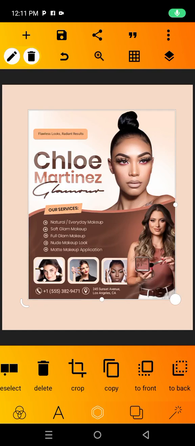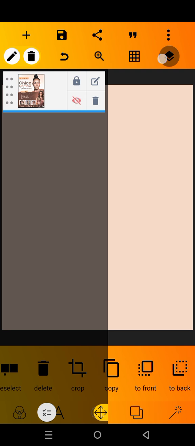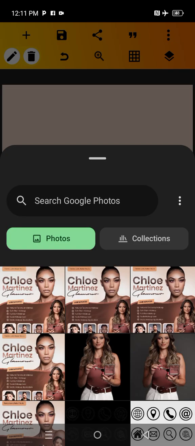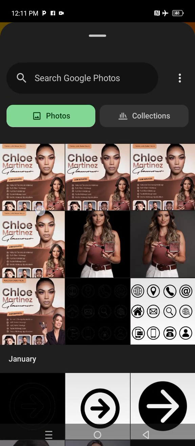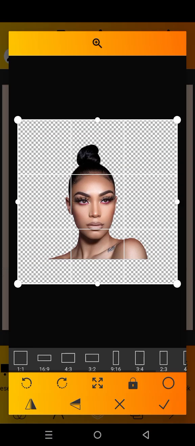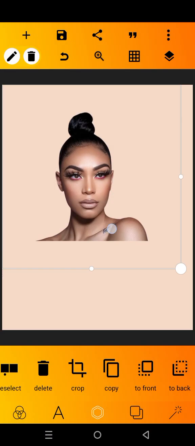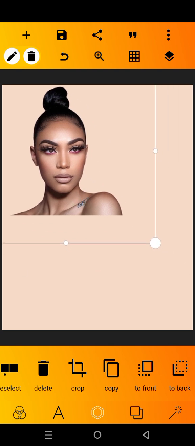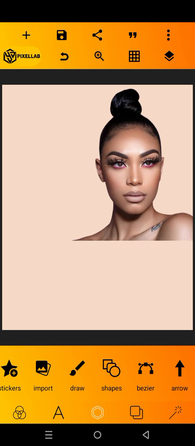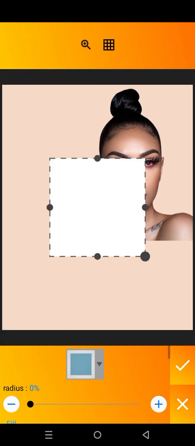Alright, so let's quickly go into it. First thing, we need to hide this, and then right now we need to print the image, the first image. Okay, so drag this and increase the size, place it here. So let's lock it for now, and then bring shape,